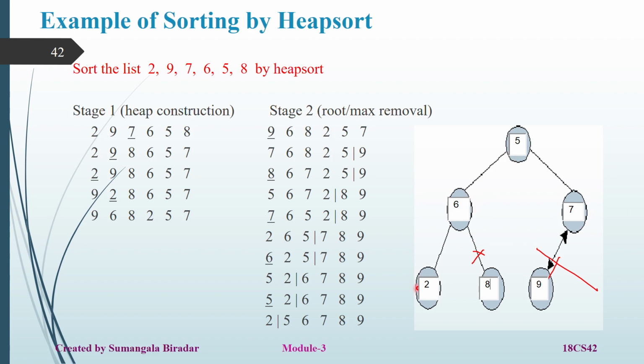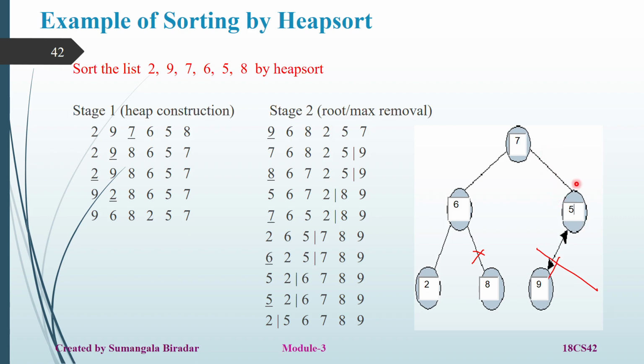Now is it a heap tree? Once again it is not a heap tree because your parent key is 5 and your child key is 7. So now the parent key is not larger. That is the thing you have taken here: 5, 6, 7, 2, 8, 9. But if 5 is the parent key, it is not larger. If it is not larger, you have to interchange. Okay, sorry. 7 comes here and 5 goes here.